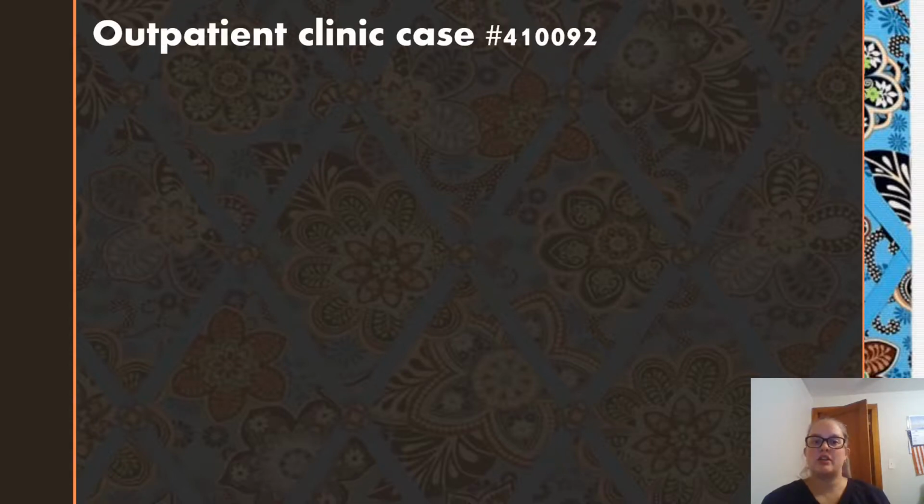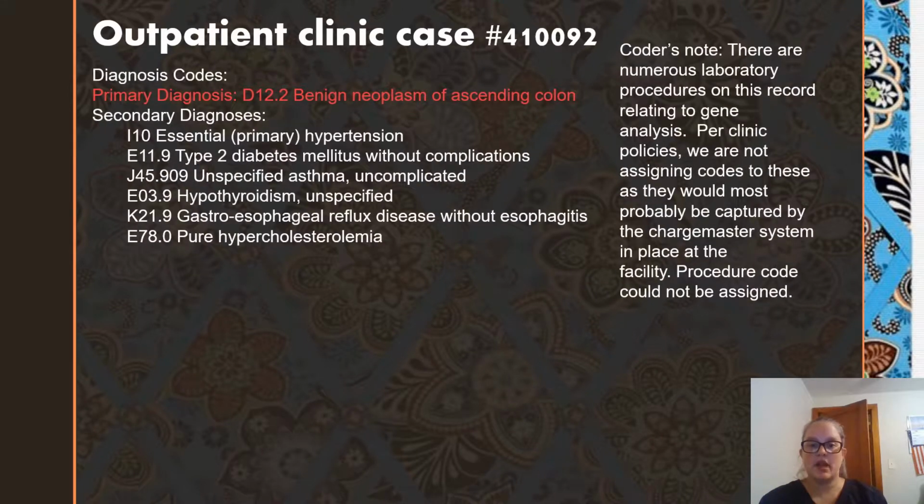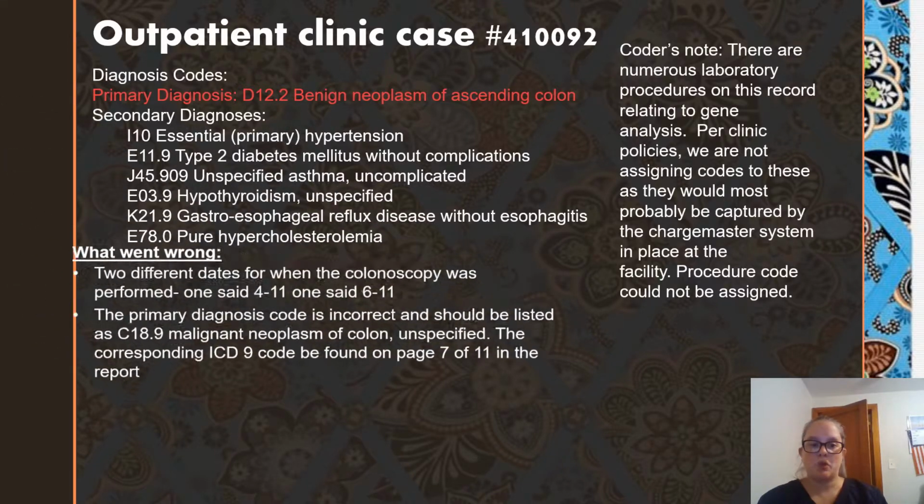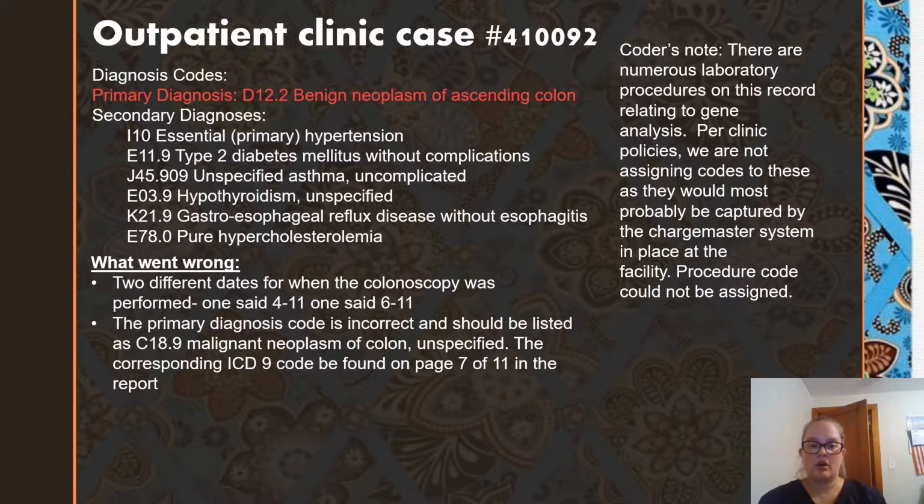Let's take a look at outpatient clinic case 410092 now. This was a case of a benign neoplasm of a person's colon. So what went wrong? There are 2 different dates for when the colonoscopy was performed. One said it was performed on April 11th, and one said it was performed on June 11th. That's a discrepancy, and you need to know when those were done so you can have a baseline where to